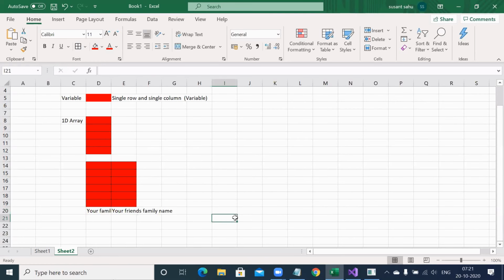Don't you think so? You needed 2 columns. That's what an Excel sheet is all about. If you compare one simple cell versus multiple cells in a single column versus multiple cells across multiple columns, then you can easily contrast variable versus 1D array and 1D array versus 2D array.